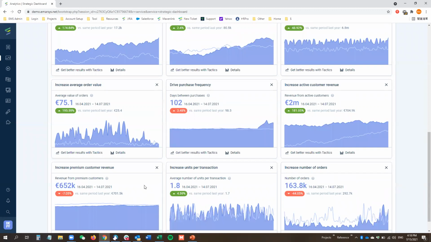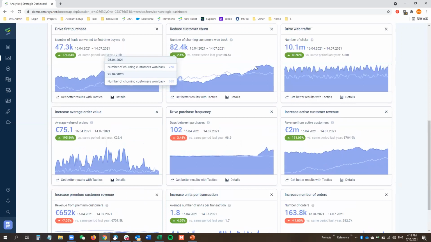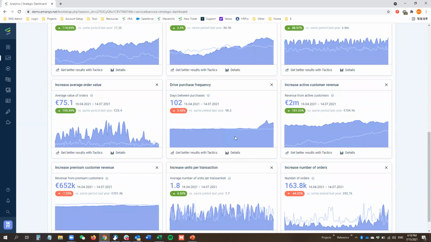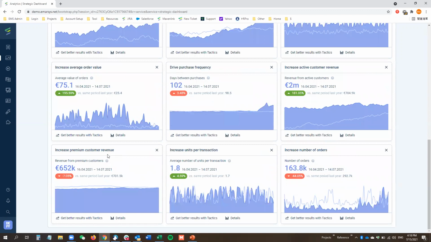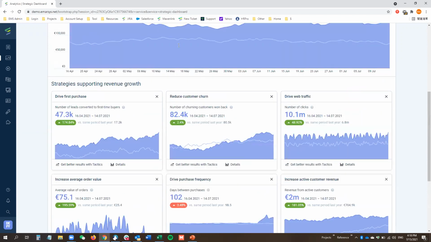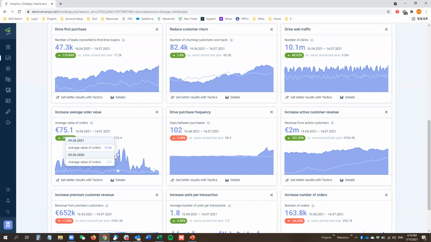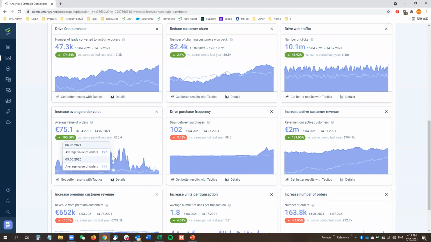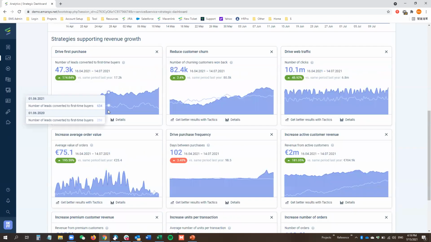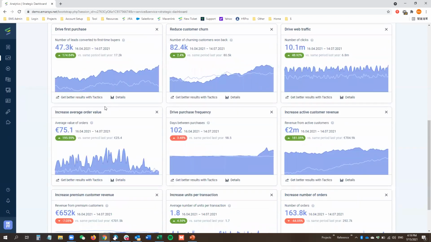So for example here, I see that for this green one, we are doing quite well. But for example, increasing premium customer revenue or the number of orders is actually dropping in the current period. Okay, so to achieve my target this quarter, I can focus on improving this situation, which will probably accelerate the revenue growth more than focusing on this area that we are already doing pretty well. Okay, so this screen will give you insight to help you with the planning